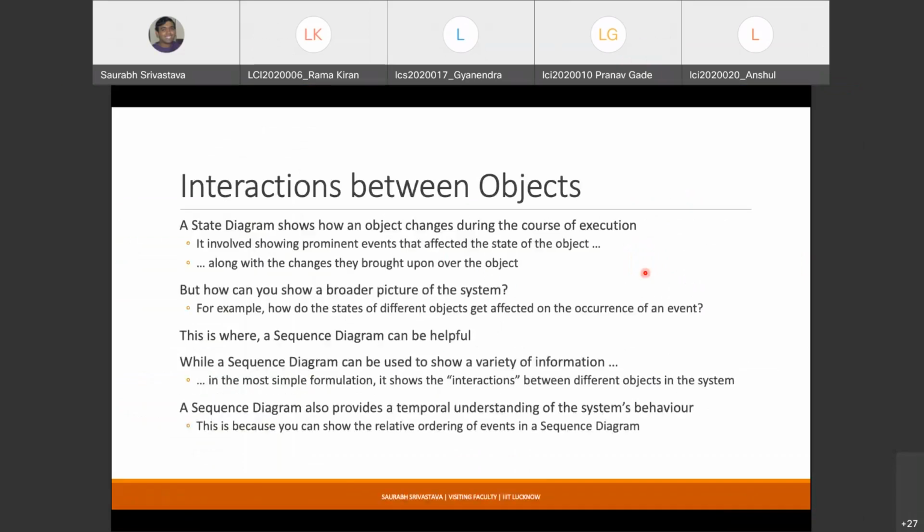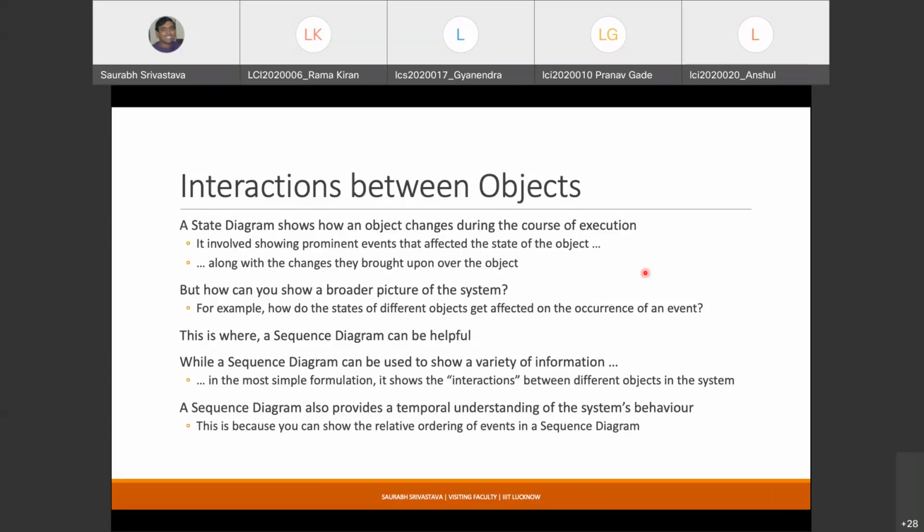Okay. So, one of the things that we have already seen is that in order to show the structural aspect of a system, one of the ways to do so is by trying to model the classes that are there, right? So, if you know what classes are there and how they relate to each other, you can give me a very good structural idea of your system. But when it comes to the behavioral aspects, when it comes to depicting how this system behaves at runtime, we have to show interactions. Okay, interactions as in how does one object, one runtime entity, interact with another runtime entity.